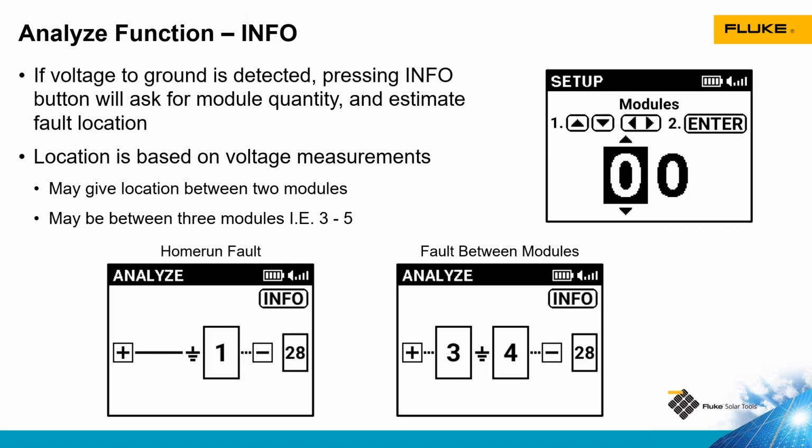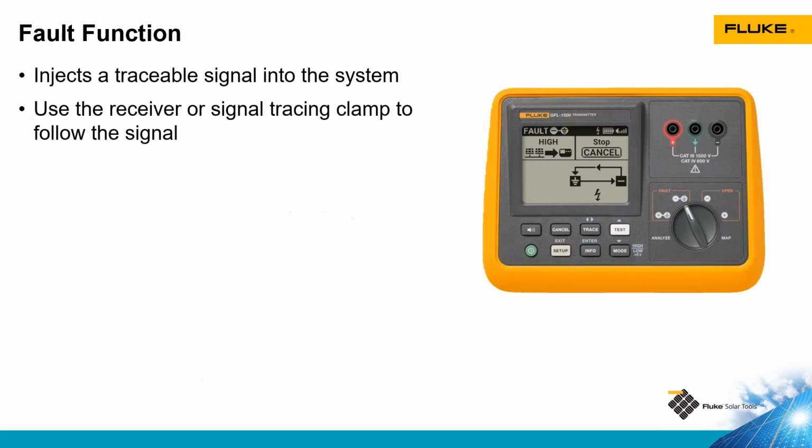So essentially what the analyze function is doing is automating voltage measurements that a technician would typically use to troubleshoot a ground fault, and doing some math for us to indicate where in the circuit the ground fault is located. Once we know we have a ground fault, we can use the fault function to find the fault in the array. So the fault function is going to use the transmitter to send a signal into the array, and then I can use the receiver or the signal tracing clamp to follow that signal